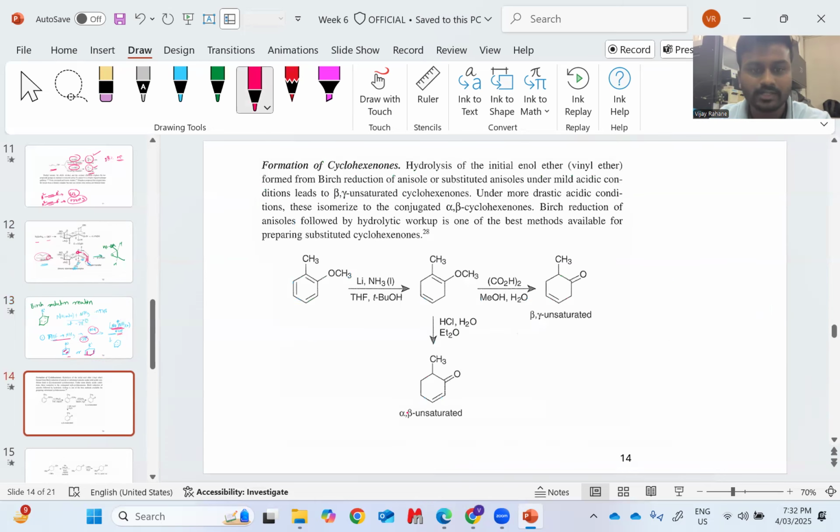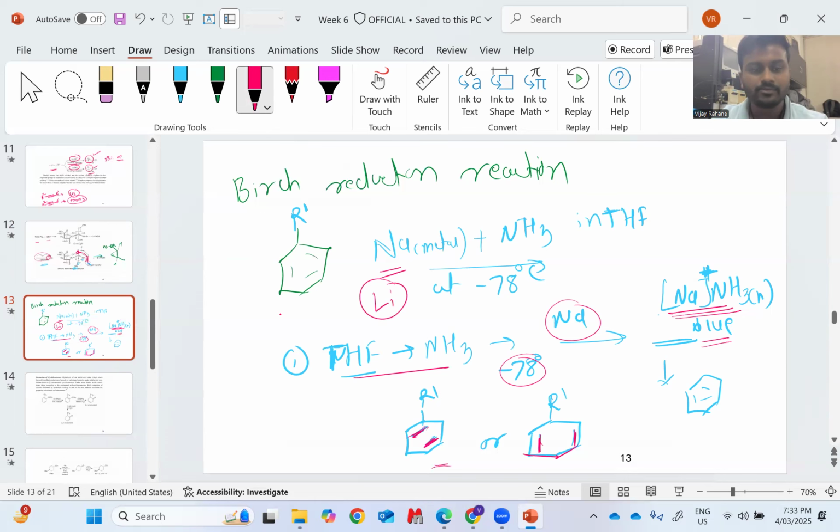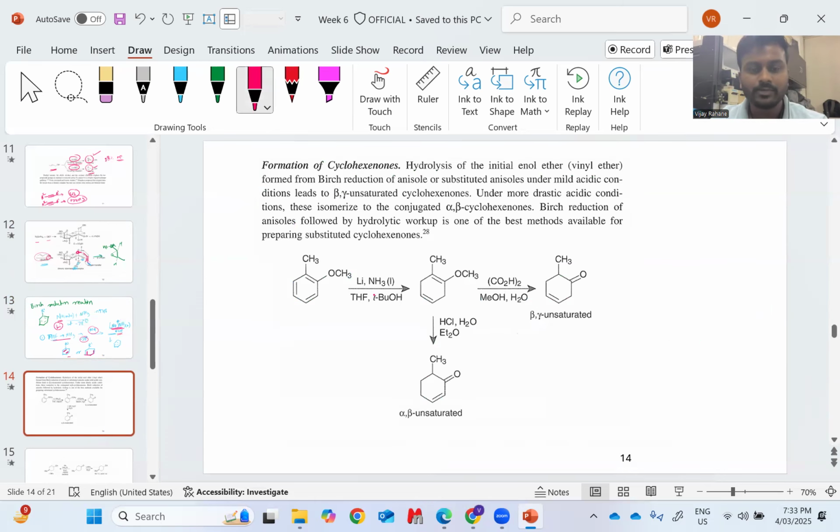So if you look at some other examples of such reagent, this is the example that I have directly taken. In this case, instead of sodium, we can use a different metal like lithium as well, lithium or sodium. So if you use lithium in liquid ammonia, that is at minus 70 degrees Celsius, and perform the reaction on a substrate which has the methoxy and methyl group, what happens? Upon reaction, it forms the diene, right? So this isolated diene,